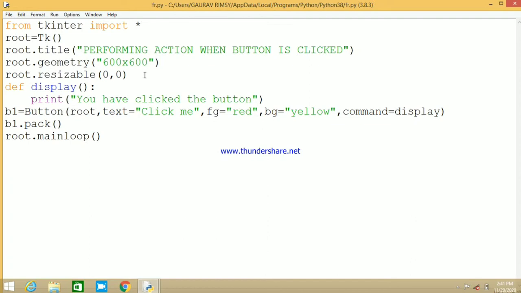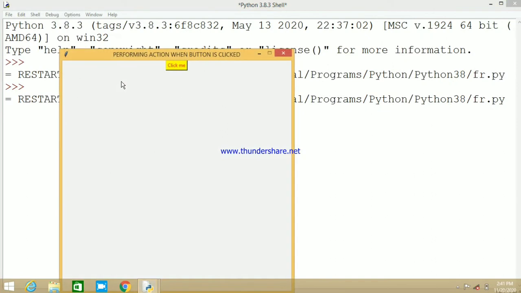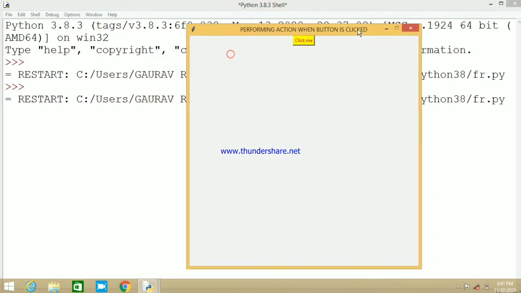If we now run this program and click on the button Click me, let's see what happens. You can see this is our Tkinter window. The title of this Tkinter window is "performing action when button is clicked", and the button name is Click me.